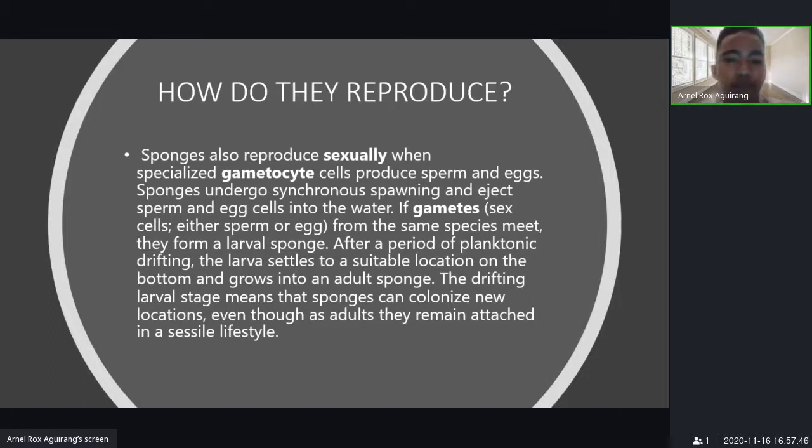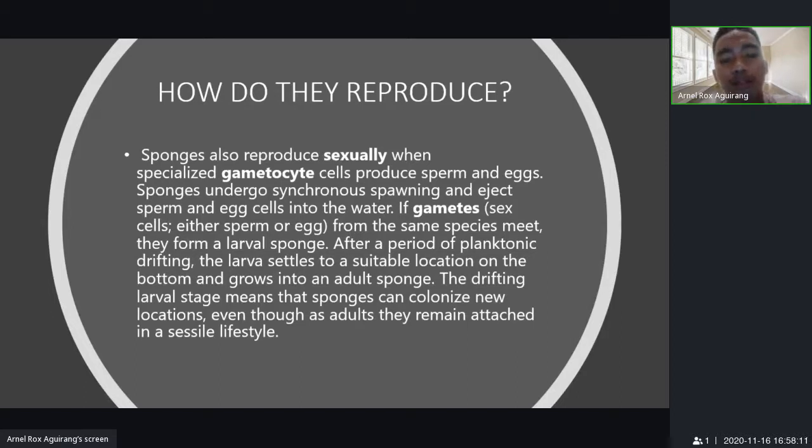After a period of planktonic drifting, the larva settles to a suitable location on the bottom and grows into an adult sponge. So once the egg and sperm that meet are from the same species,